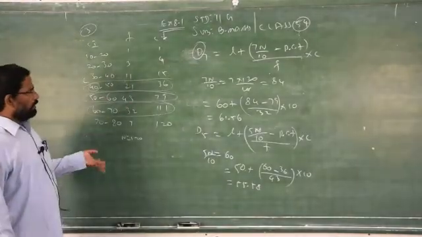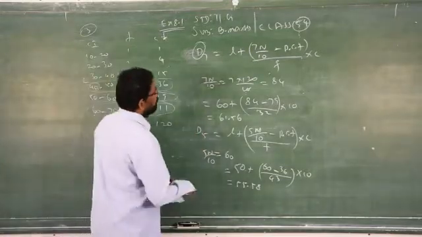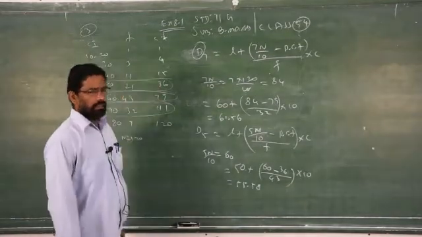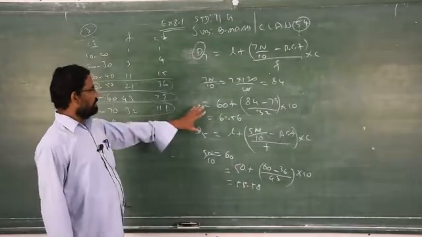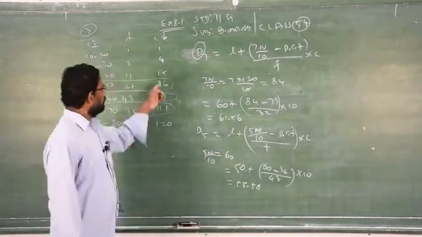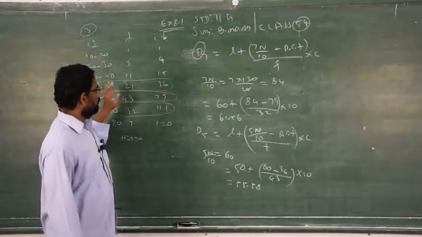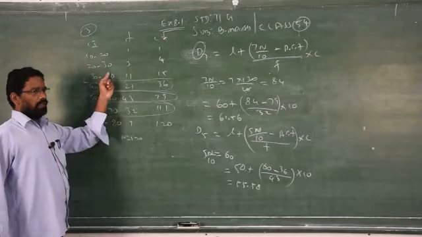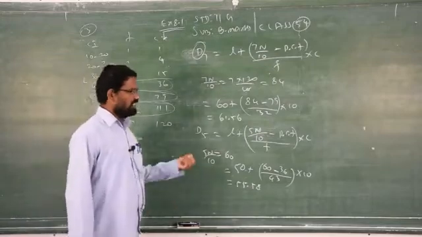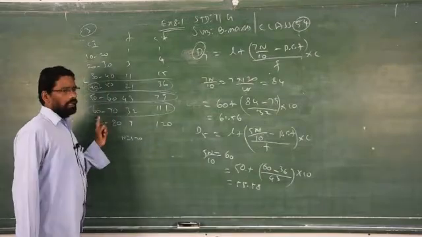Clear? Very simple. Only it will take more time because of the calculations. Otherwise it will be very easy. So it is easy to memorize the formula as well as the calculation because you are allowed to use a calculator. So it doesn't matter about the calculations. Just memorize and ensure you know how to calculate. Depending upon this value, under the cumulative frequency you find the modal class. The corresponding lower limit in the modal class is L and the frequency is F. The difference between the upper limit and the lower limit is called C. 30 minus 20, 10. So you have to check the interval, that is class size. C stands for class size. How do you find class size? By subtracting the lower limit from the upper limit.